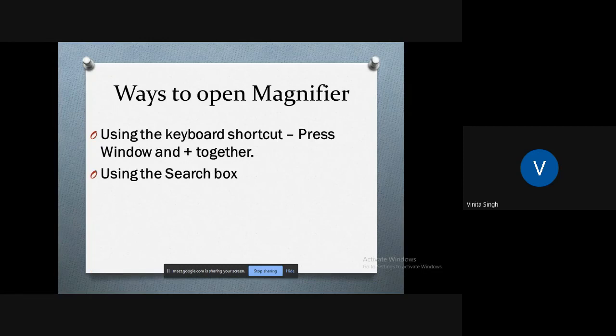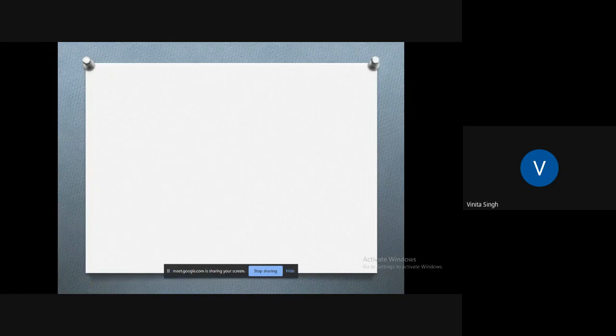Click on the search box on the left hand side of the window taskbar and then type magnifier. The magnifier will open up. The next way is from the start menu. And the last one is using the run dialog box.